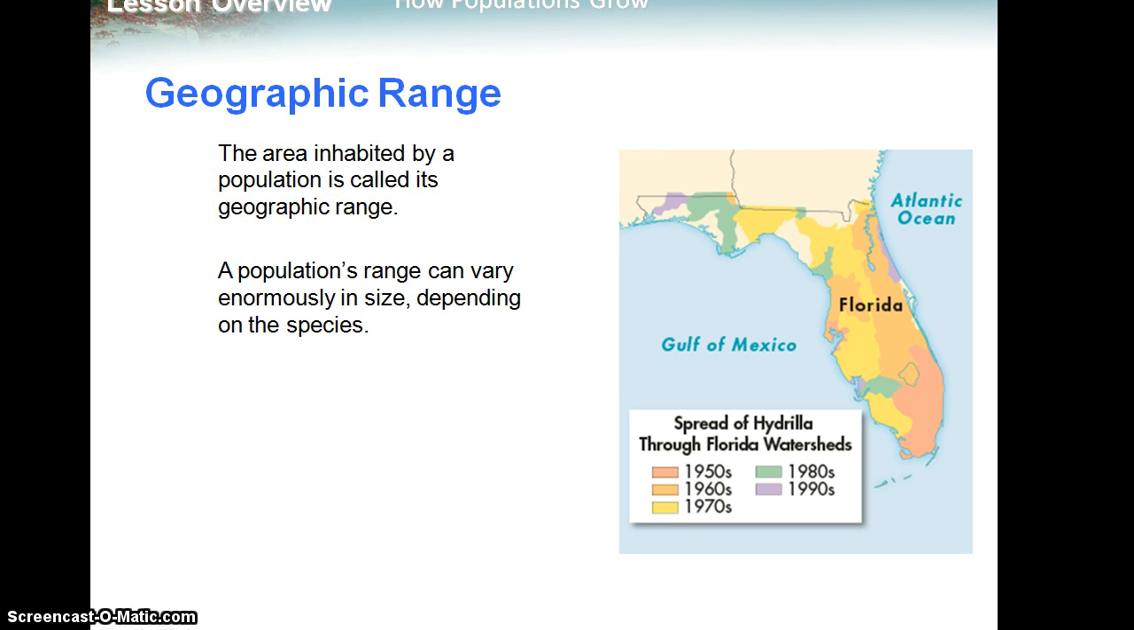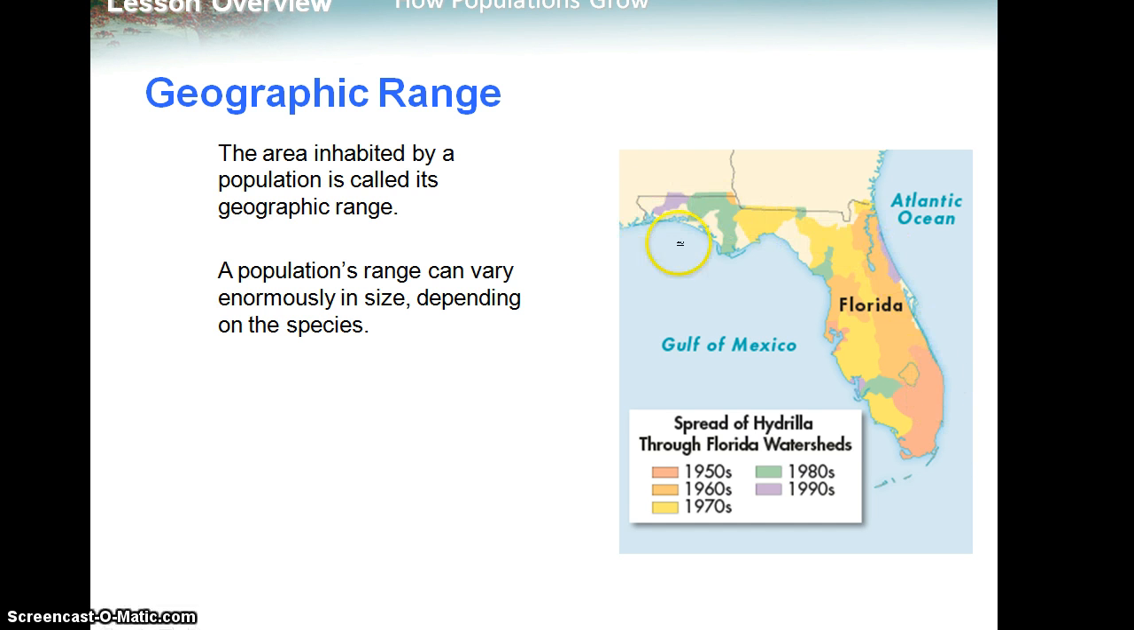So the first one, geographic range, is talking about just the geographic area in which that population is located. This range can vary enormously in size depending on the species. So if we look at this species of plant called hydrilla, which was introduced down here in the southern tip of Florida in the 1950s, it has basically